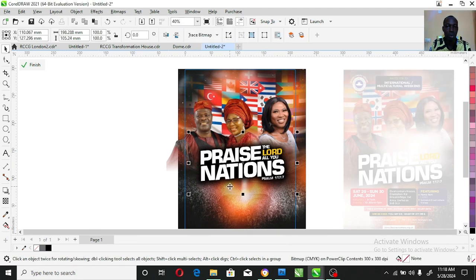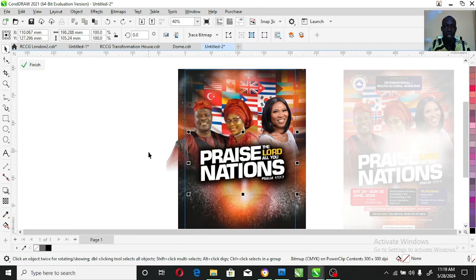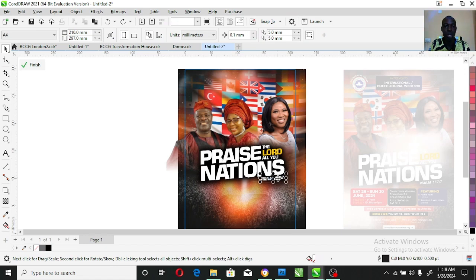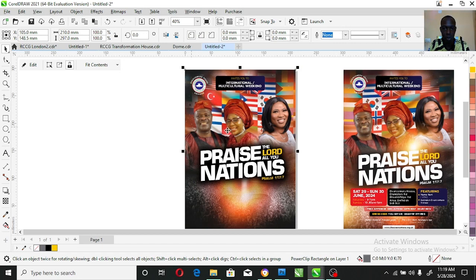Look at this. Let me remove the black outline. You can see, you can hardly see this from afar. So as a graphic designer, you must be able to distinguish your visual. You must be able to distinguish your write-up from your background. All right. So Ctrl Z to return it back. You can see how beautiful it looks. All right. So the next thing for us to do, after you must have gotten this, is to bring in